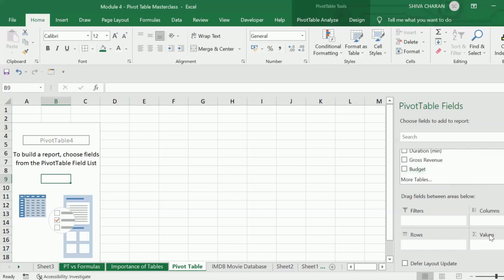But what are the values field? What are the numeric fields? Budget is a numeric field. Gross revenue is a numeric field, right? Duration is a numeric field. Total reviews is a numeric field, right? So